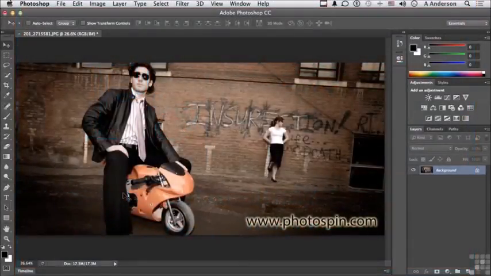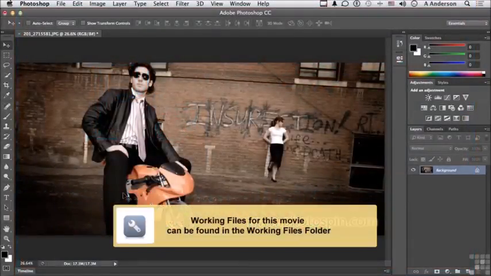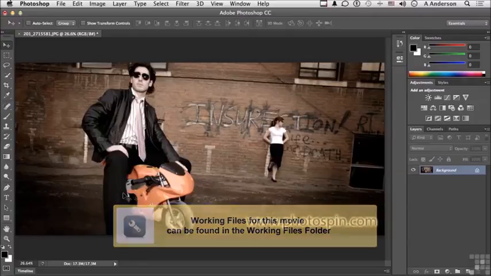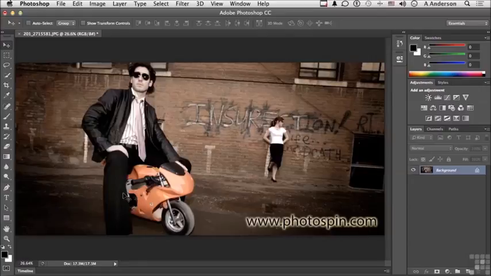If you'd like to follow along with the same image, go into your working folder and open up 201_2715581. It's another one of the images from our friends at PhotoSpin. Or I tell you what, you could just open up one of your own and try this. What we're going to look at now is another way to use layer masks in a very creative way